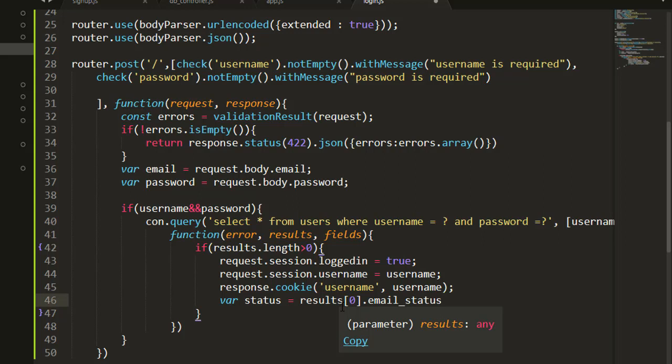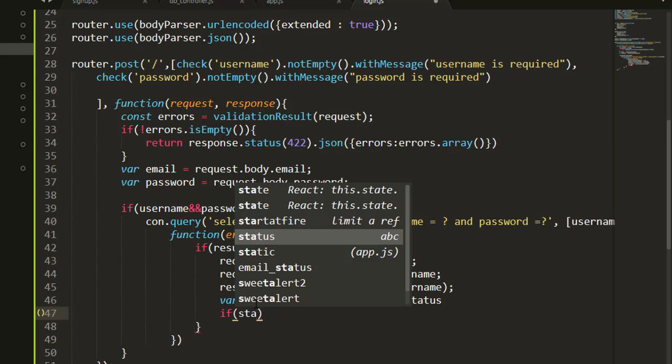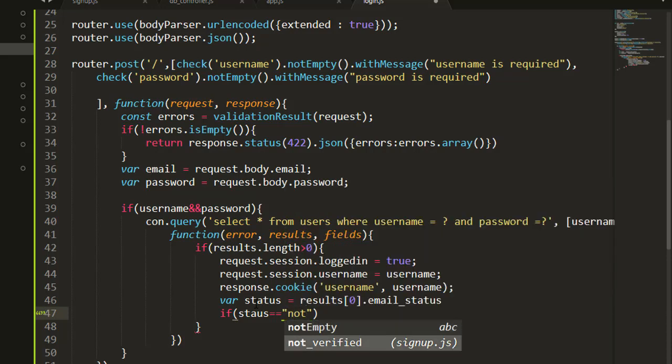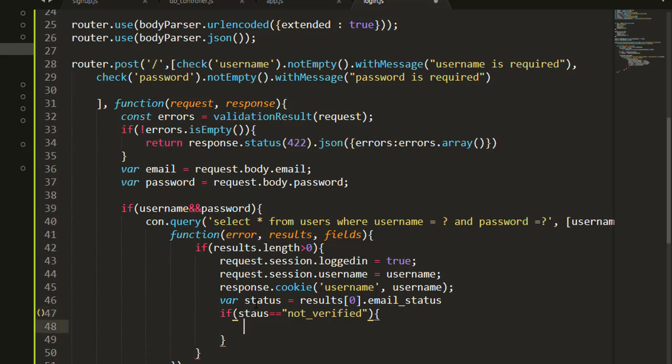I want to make sure that the user has really verified his or her email address. So that's what I'm trying to do now. So now what are we going to do? We just have to give a condition here saying if status. Don't forget, we've already saved this status here. So we're going to say if status is equal to not verified, we want to tell the user that please